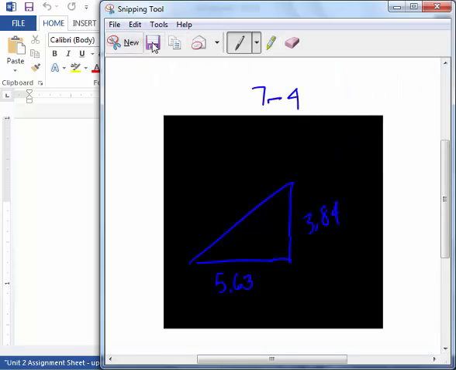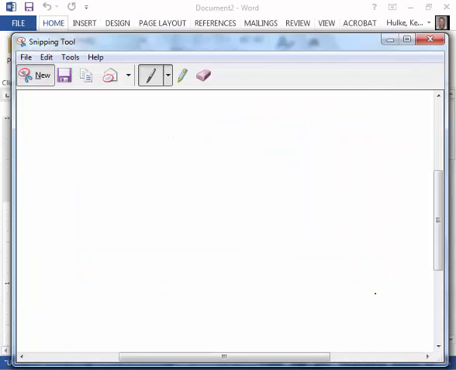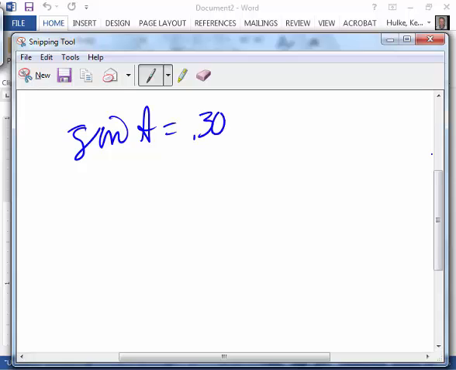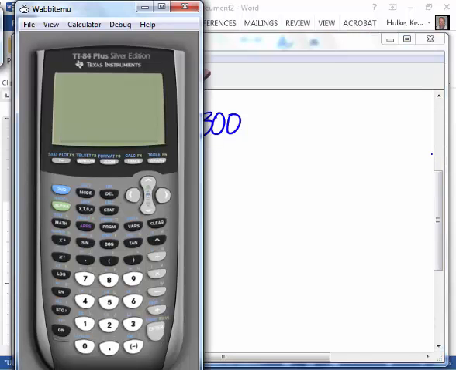In this lesson, we are working with finding angles given their trigonometric function. So the first one that we're going to do is like number 4, which says find the angle in decimal degrees if the sine of the angle is, let's take it as 0.300. So on our calculator, we would press